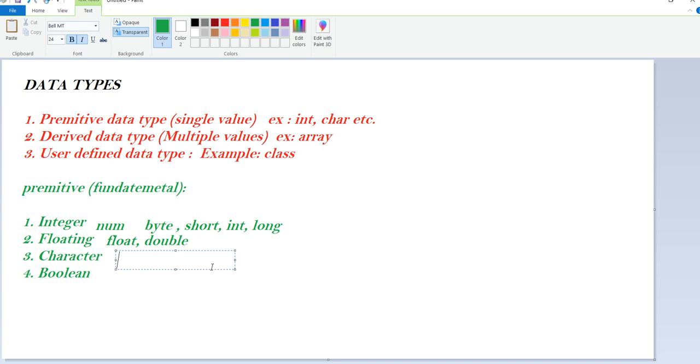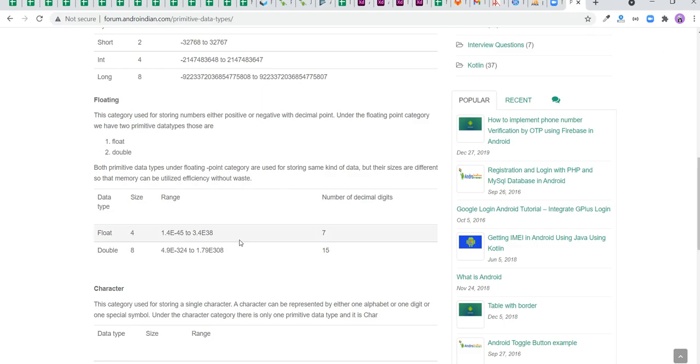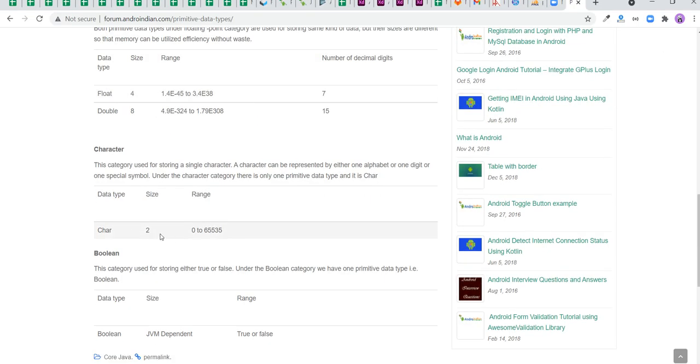Under the character category, there is only one primitive data type, char. Here there is no other type, unlike integer, which has four, and float, which has two. For that also there is a range: 0 to 65,535.